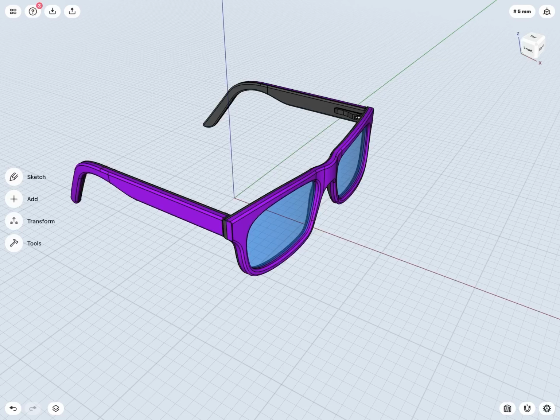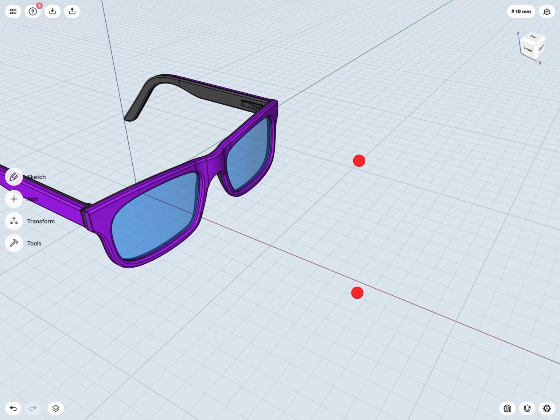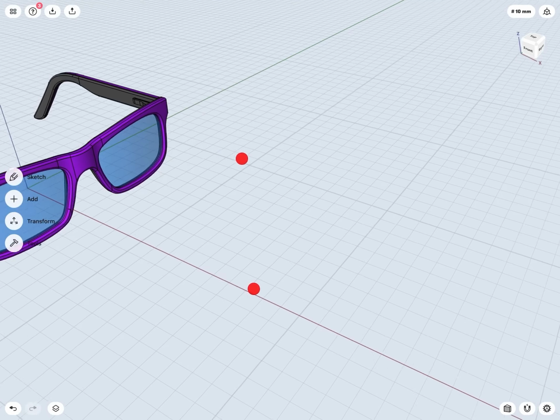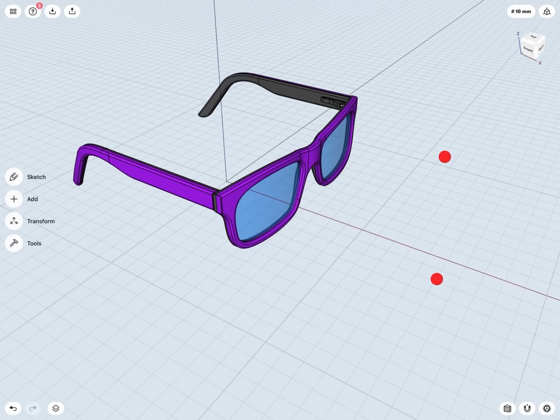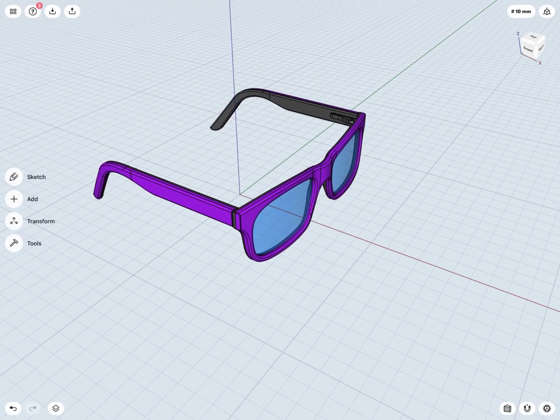And we can do that by, again, pressing down with two fingers, and this time not pinching in or out, but just moving or sliding our two fingers across the screen one way or another in any direction to pan or move our objects up or down in any direction we may like.